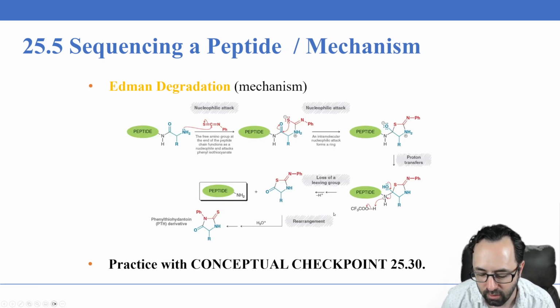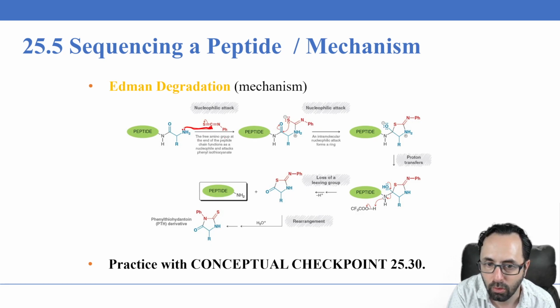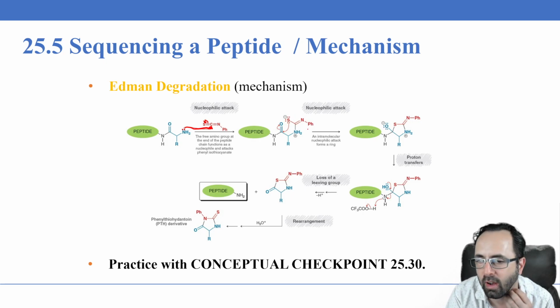So the way the Edman degradation works in terms of mechanism is that the lone pair on the nitrogen on the N-terminus performs a nucleophilic attack on the central carbon here, and we draw a resonance arrow here. This is a pi bond between two atoms of differing electronegativity. The electrons here go on the sulfur. Then the sulfur atoms are great nucleophiles because they're larger than oxygen atoms, so they don't hold on to that lone pair as well. And so you end up with a nucleophilic attack on the carbonyl in the amino acid,